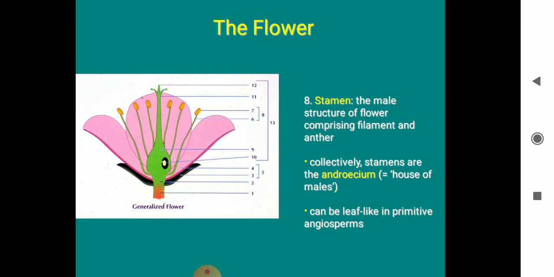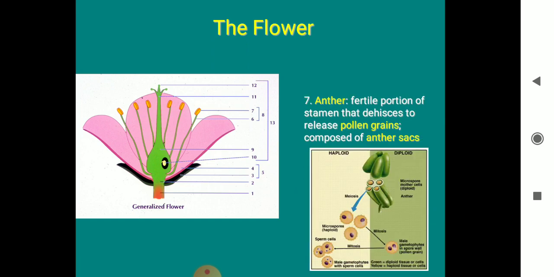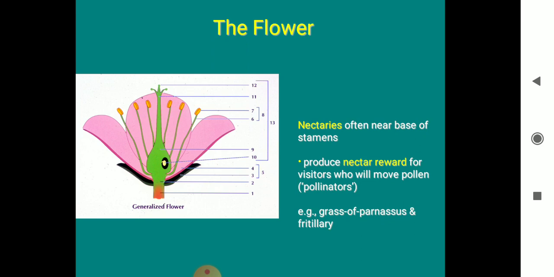The stamens consist of a connective structure, and the androecium is referred to as the male reproductive structure. It consists of the filament, which is long and slender, and this is the structure of the anther. Inside the anther walls you can find the pollen grains, which may be haploid or diploid.